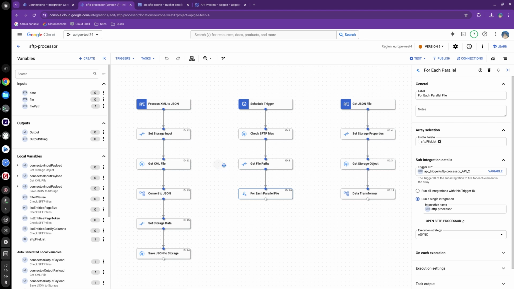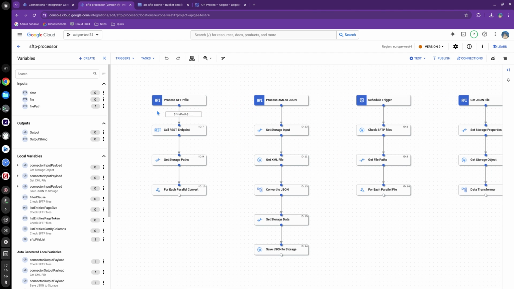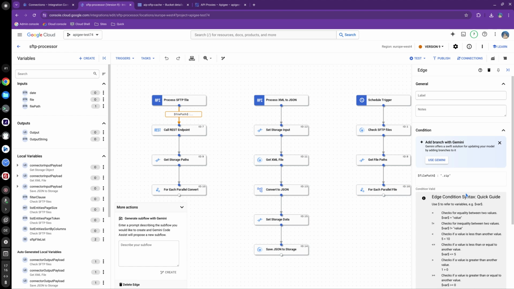The flow that's going to really do the processing of each zip file is called process SFTP file. The cool thing is as well that we could test this just by sending a link or a URL of a file here. But we're also going to get it from our for each parallel processing here as well, right? And it just takes the file path, checks to make sure it's a zip file,